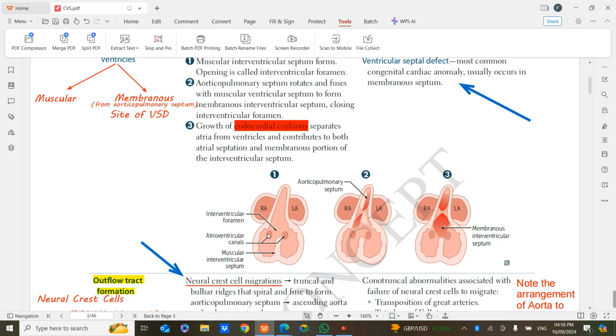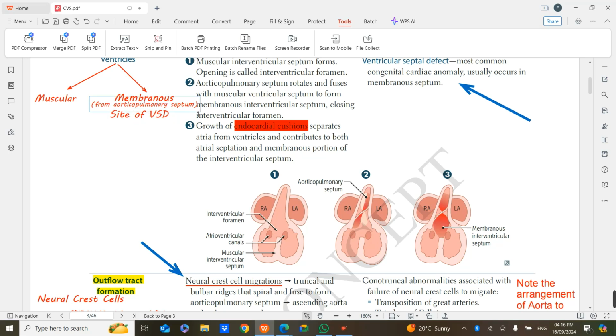They hardly test anything on the muscular portion. Can you see the muscular portion here? It's very muscular. The membranous portion is here. Most of the questions you are expecting will be around the membranous portion. Most of what they are going to be testing. Number one, where is the membranous portion formed from? The membranous portion of the interventricular septum is formed from